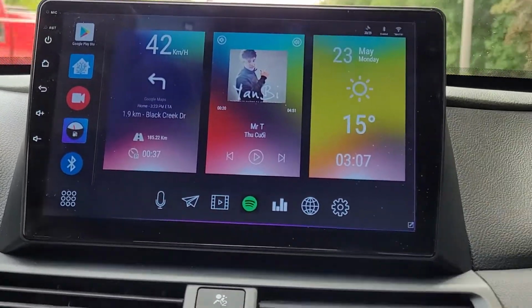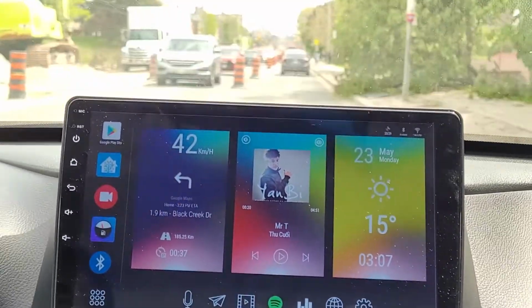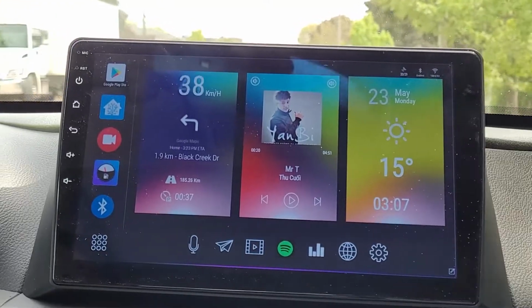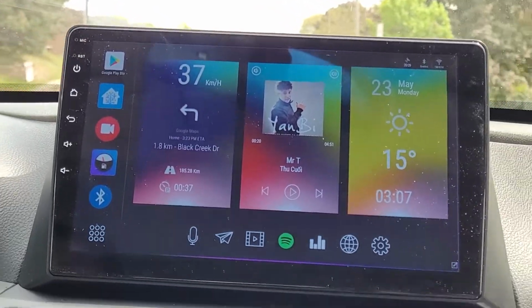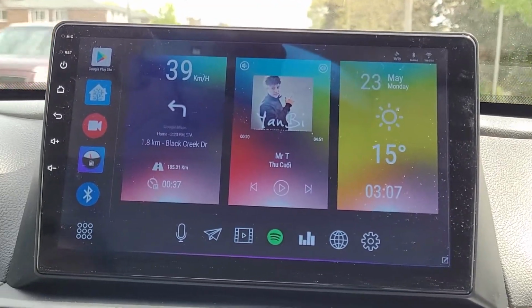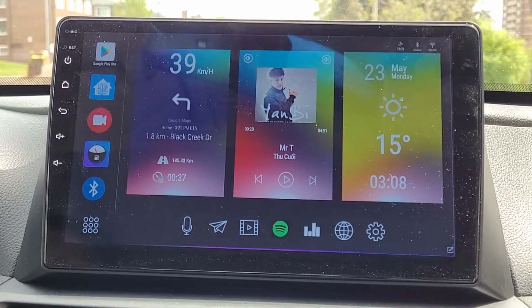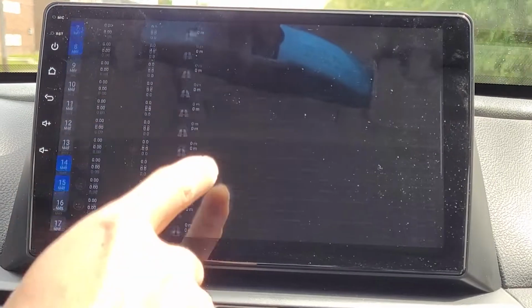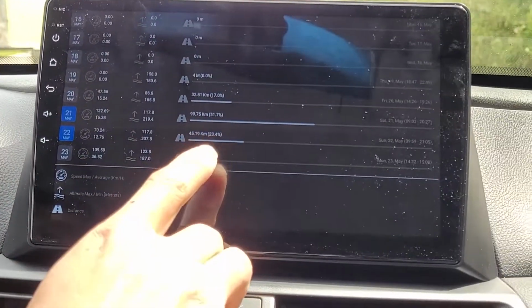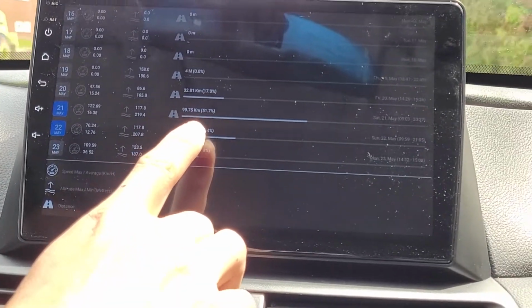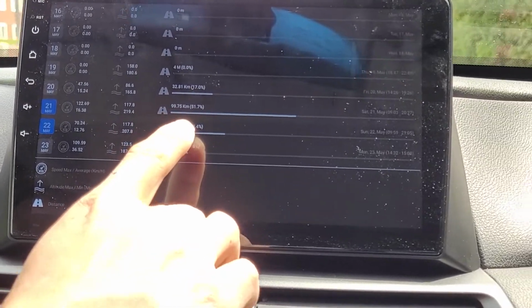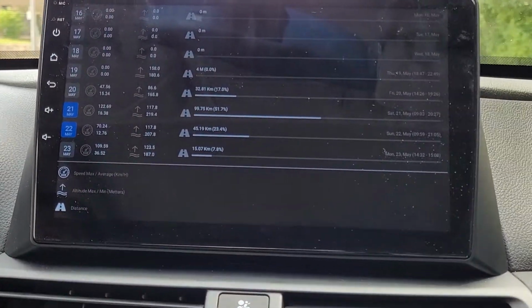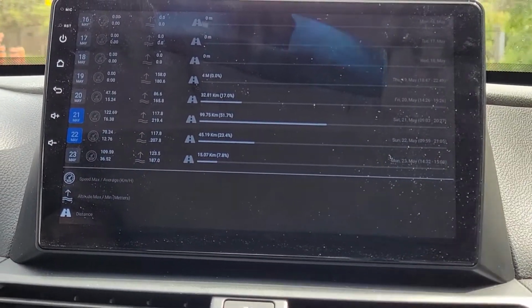And the good thing about this one is that you can view the trip statistics for your trip. Let's check it out. You can hit this one to view yesterday or the day before, like on May 21st. That's almost 100 kilometers of travel.